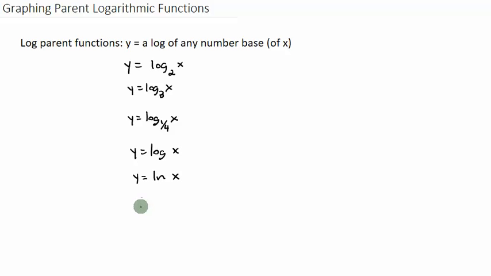So those are all log parent functions. It's a log, any base you want, of x. Okay, so those are all log parent functions. I'll graph a couple here just to get you going on how to understand these graphs. The first one we will look at will be f of x, same thing as y, equals log base 2 of x. In fact, let's go ahead and just say y. Keep it simple here. Y equals log base 2 of x,